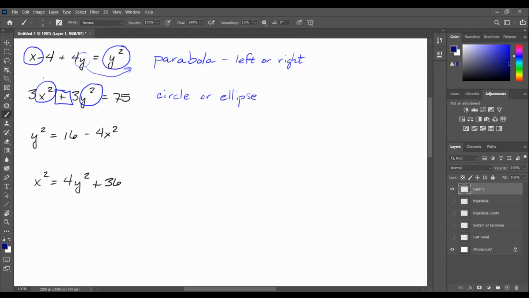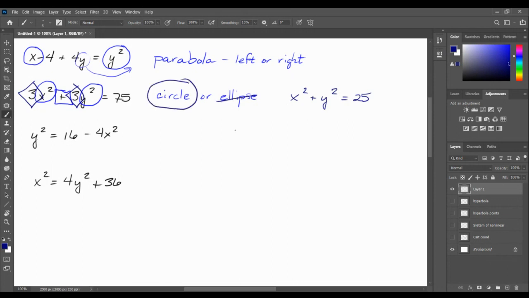And I do that by looking at the coefficients. The coefficient here is 3, and the coefficient here is 3. So if I were to divide both sides by 3, or divide both sides by 75 so that the right side equals 1, I would get the same denominators under x squared and y squared. I'm going to go ahead and divide by 3, and I get x squared plus y squared equals 25. That's a circle,